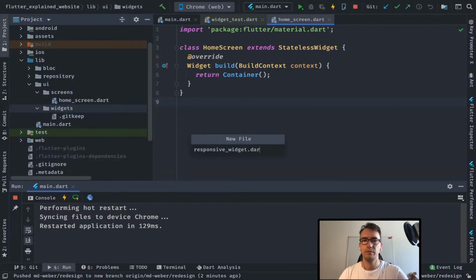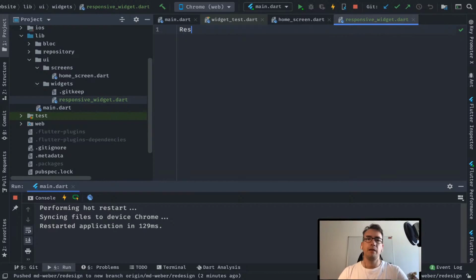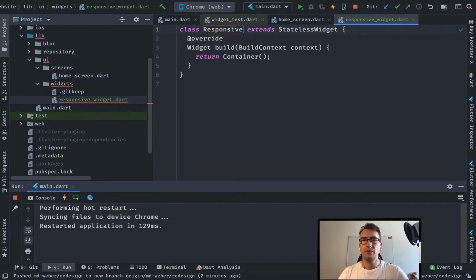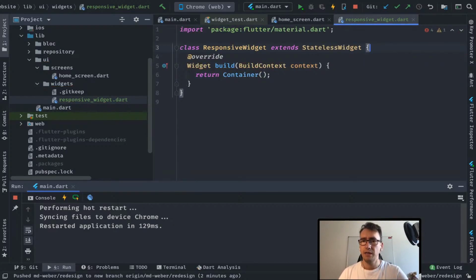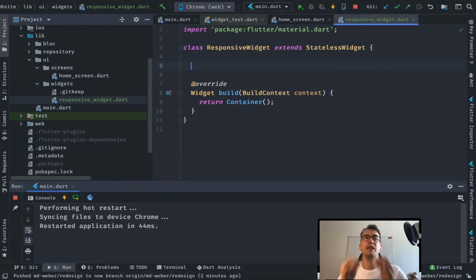Dart, of course. And this is a stateless widget, responsive widget. And why I created it, I will explain to you in a second. Because this responsive widget should now keep track of all the different information. I'm not sure if it will be a widget or if we create just a responsive class for that with static methods. Because what I can imagine is like we have static, static boolean, I think. Yeah, static boolean is